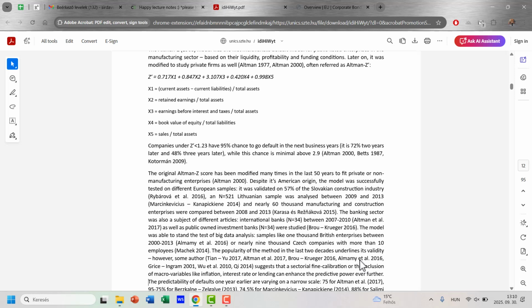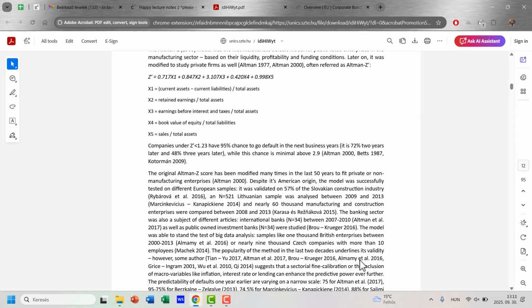But she was also working with this Altman Z-score, and after that we were testing it for other purposes. And when we are checking the literature, there are thousands of papers which are using the Altman Z-score on many different industries, many different economies. So somehow this is working. Why? Because it's simple. So there are 5 key ratios that should be studied.